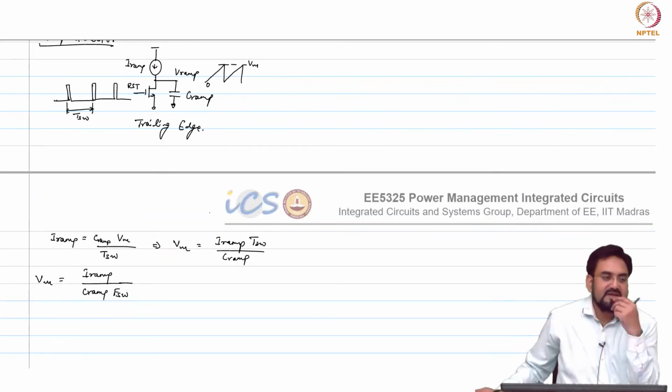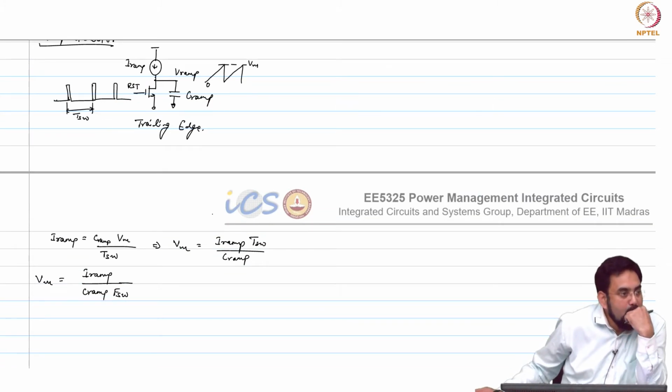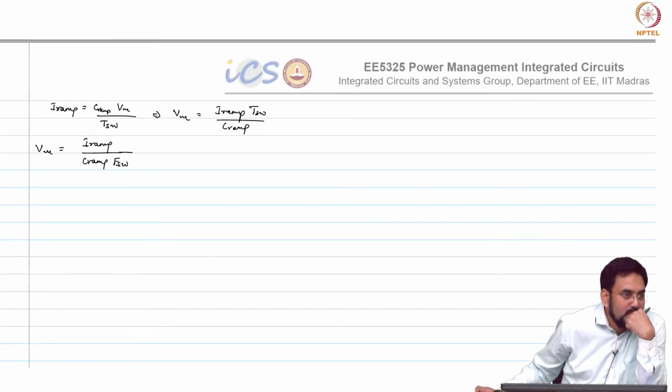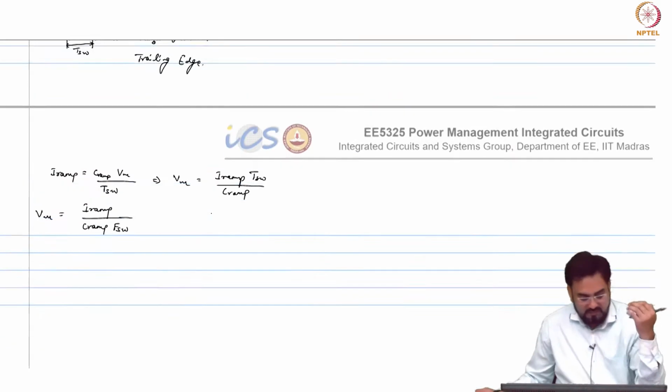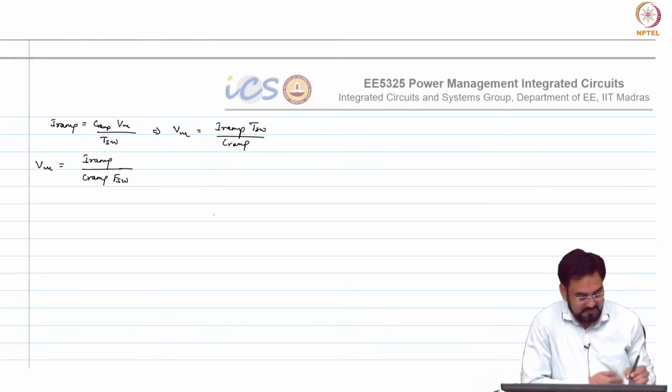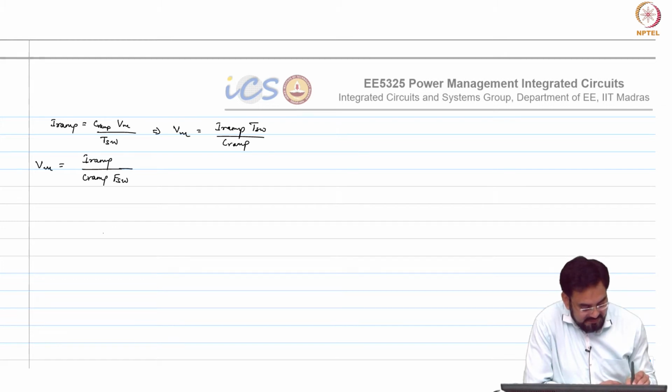Now, let us see if I am not given the clock. So if we do not have the clock, then how can we do this? We have to design the oscillator. So let us see.